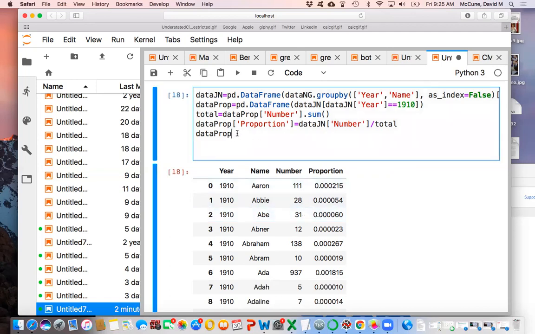But anyway, all I'm saying is if you start with just the name data, and this is just 1910, so I'll explain why we do 1910 in a second, you can add up all the babies born that year, create a new column consisting of proportion data by taking the number of Aarons divided by the total number of babies that year, number of Abrahams divided by the number of babies that year, and so on. And you create this data frame here, data prop. So let me pause here and ask, any questions on what was created here or how it was created?